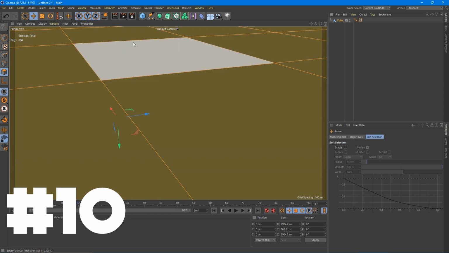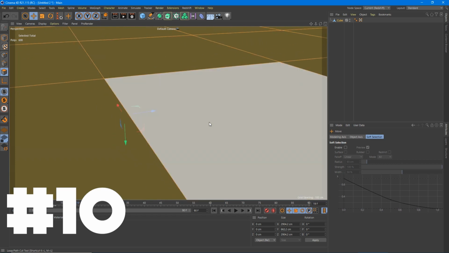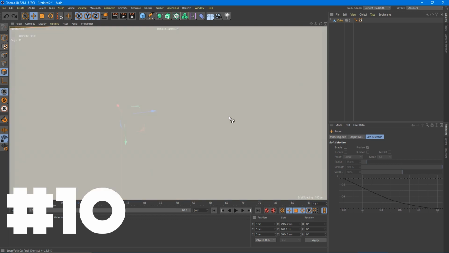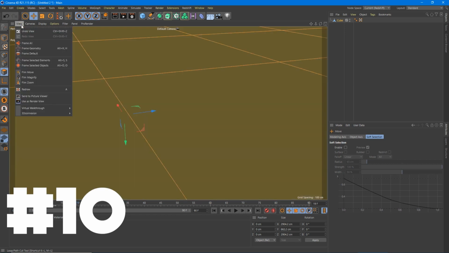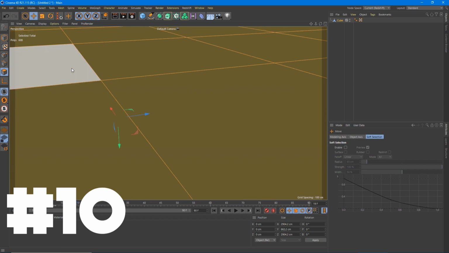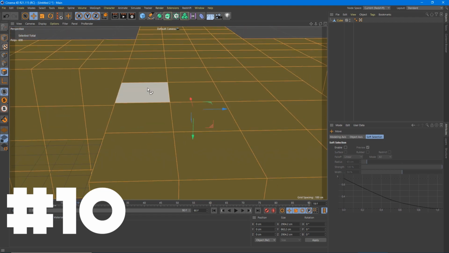One is you can build a camera where you want it to be and make sure you select it. Two is, say I just moved my camera and I don't like where it is and I want to go back, but I hit Control Z and it undoes my action but not my camera. So I'm like, crap, redo that. If you go to View under here, it's Control Shift Z to undo your view. Control Shift Z, Control Shift Z, and that will get you back to where you wanted to be.